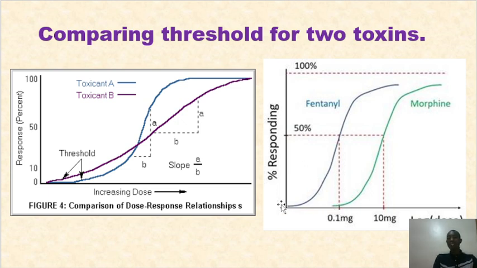So now we can determine here, because this is the response, and response is in percentage in terms of population or individual. So we can say this is 0, this is like 50% of individuals.